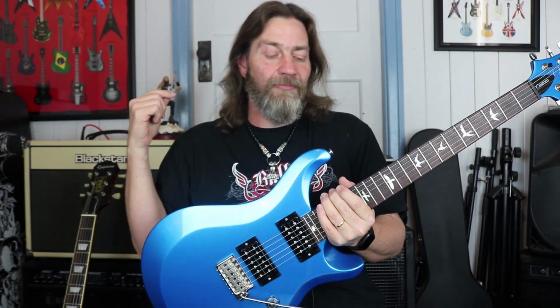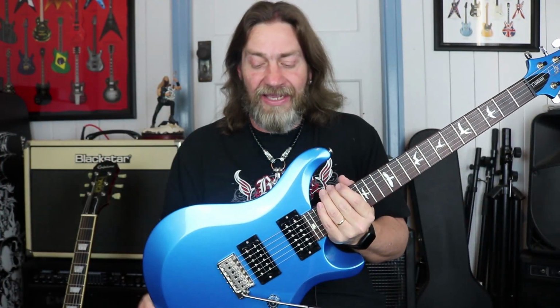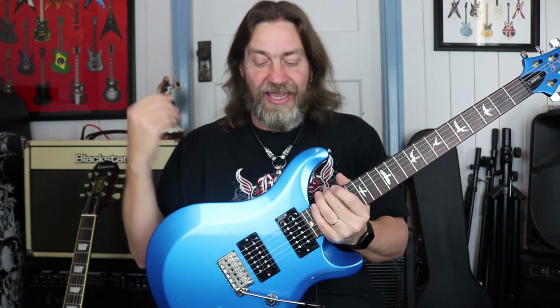The guitars are still made in the USA, right next to the core series. So on the same workers, the same bench, everything is the same there. The neck and body are all carved in there. The difference is that with the core series, they make everything themselves. The pickups, the bridges, even the screws, everything. Whereas with the S2 series, they make the body, they make the neck, but they get